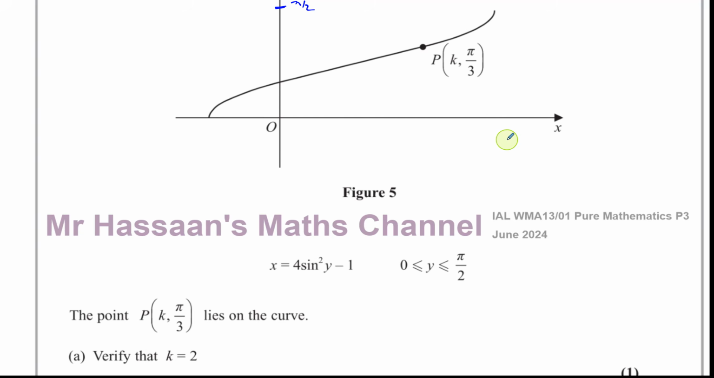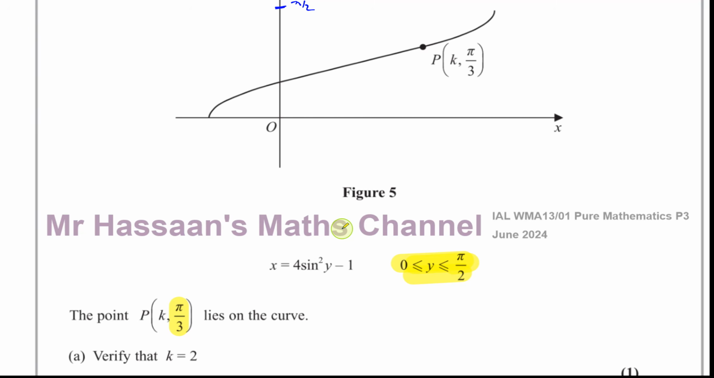It says a point P, K, pi over 3 lies on the curve. Verify that K equals 2. Now, important for us to remember here, the limits are given in terms of pi, and also the coordinate is given as an angle in terms of pi. So we have to make sure that we're dealing with radian mode in our calculator. That's what I would start with here, put it in radian